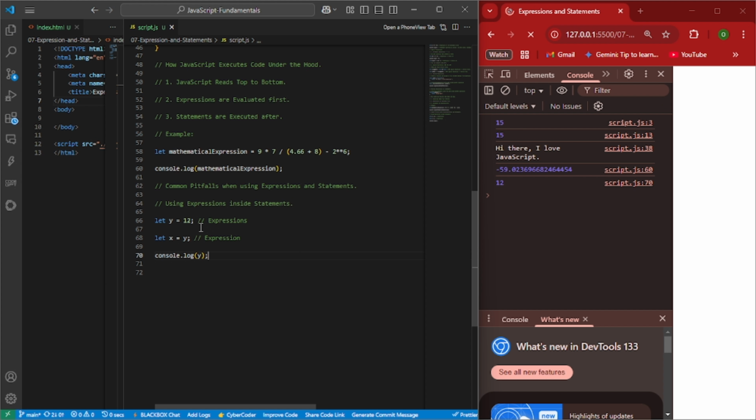If you console.log y, we get 12. If you console.log x, we'll get 12, right? So now this expression is dependent on this expression because if I change the value of y, I get 16. Sorry, x, I also get 16. But then even in this 16, I can now do minus 4, which makes me get my 12 again. So separating your expressions without having to use them inside an expression will give you what you need, right? So the bottom line here is